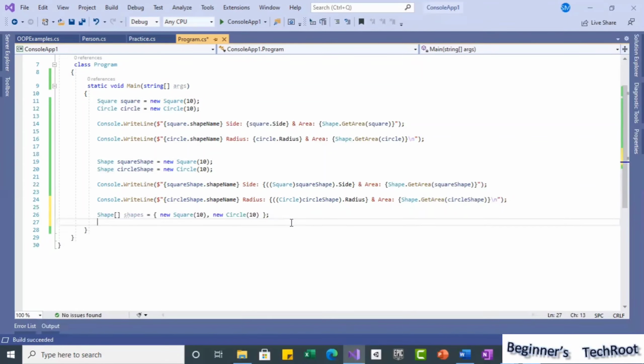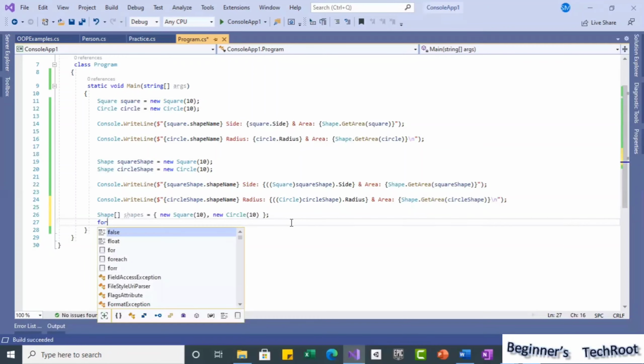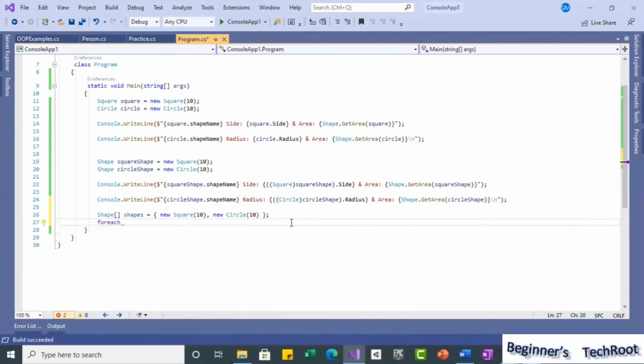Now when you create an array, you have an idea how all the loops can be used. The best for objects, as we discussed, is the foreach loop. So you can use a simple foreach. The data type you can use as dynamic, as var, and shape in shapes.